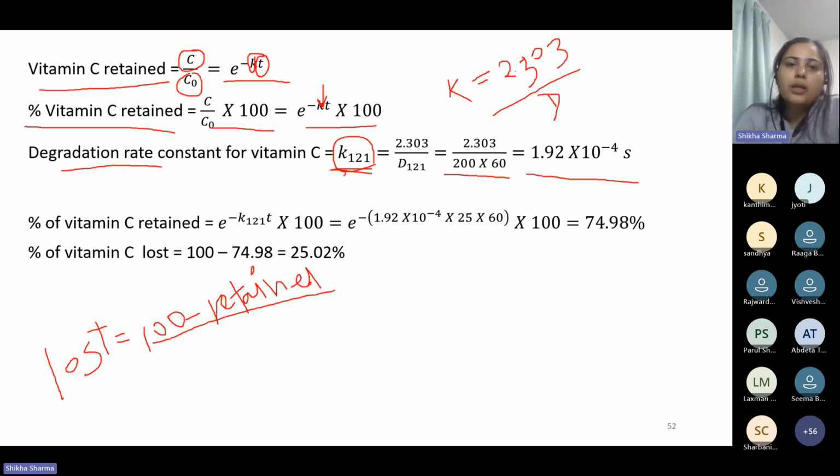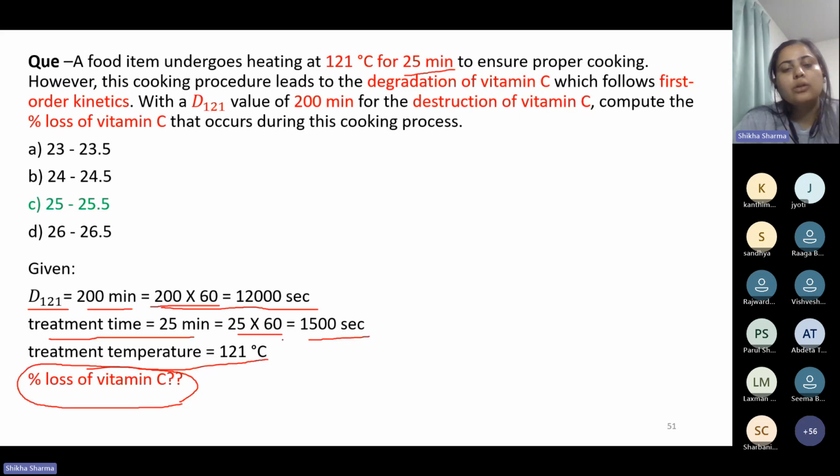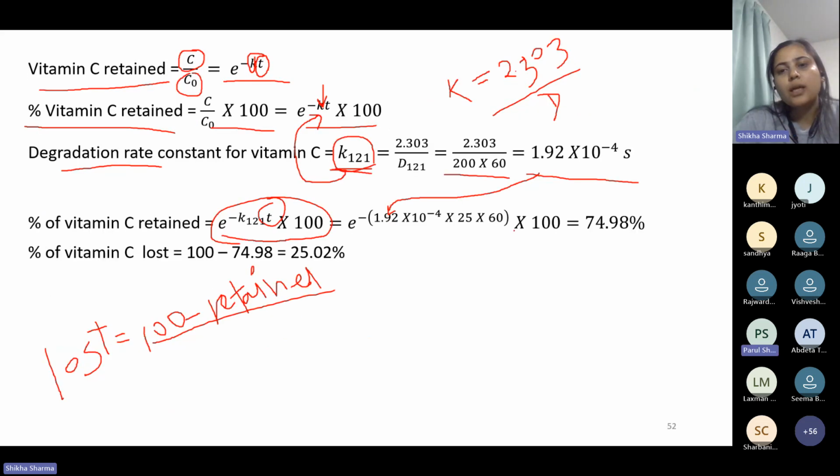Since we know the value of k, we can now put it in this equation. So the percentage of vitamin C retained is equal to e to the power minus k at 121 into t into 100. We calculate k as 1.92 into 10 to the power minus 4, and t, the time of the treatment, is given as 25 minutes, so we put 25 into 60 seconds. By solving this, we get the percentage of vitamin C retained is equal to